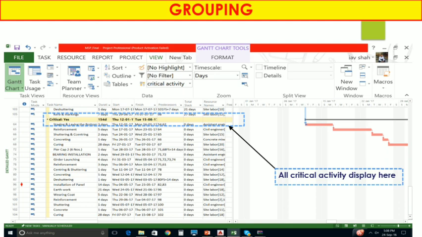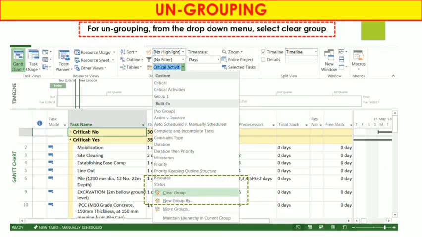Because it is very necessary to implement those activities very fast, so all critical activities are displayed here. To ungroup the activities, from the drop down menu, select Clear Group. You can select this Clear Group and you can see the normal Microsoft Project window.